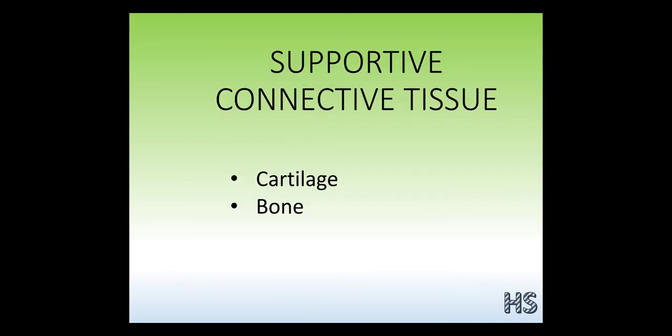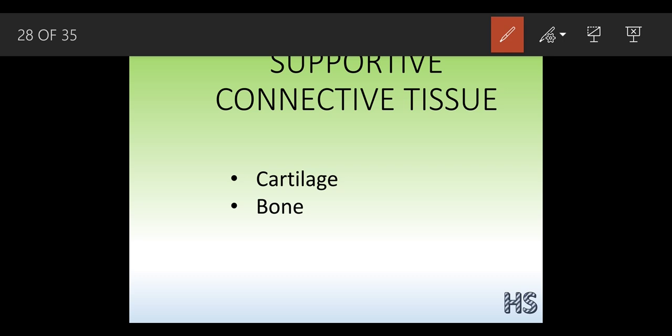Now we are going to discuss the supportive connective tissue. Again, it's a part of connective tissue only. The previous one was connective tissue proper. Now this is supportive connective tissue, cartilage. First I am going to discuss the cartilage. It has no blood vessels or nerves. This cartilage is very elastic in nature. Where is it found? Cartilage is found in the tip of the nose and in the external ear. In childhood we have seen this many a time.